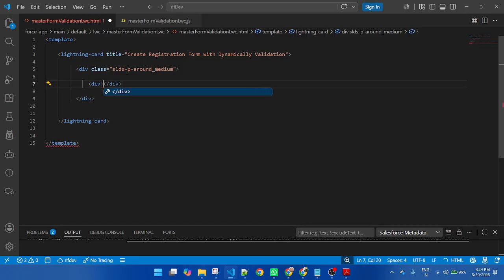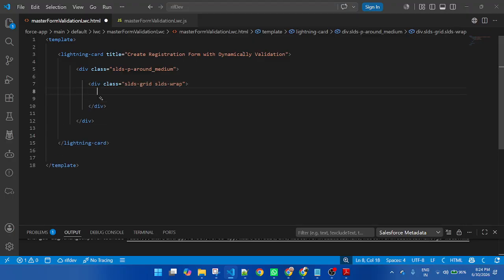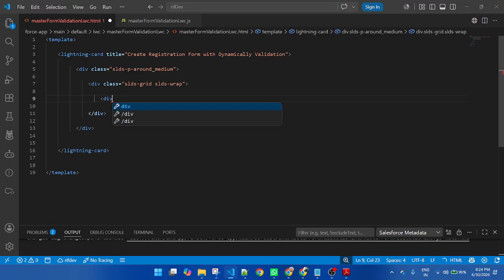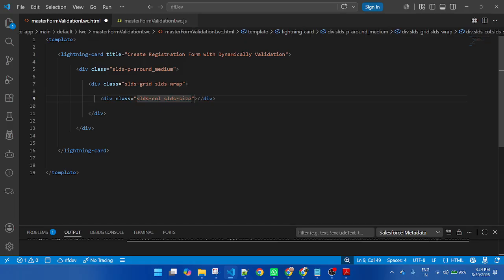Then use a div with class SLDS-grid SLDS-wrap. Then a div with class SLDS-col SLDS-size_6-of-12.